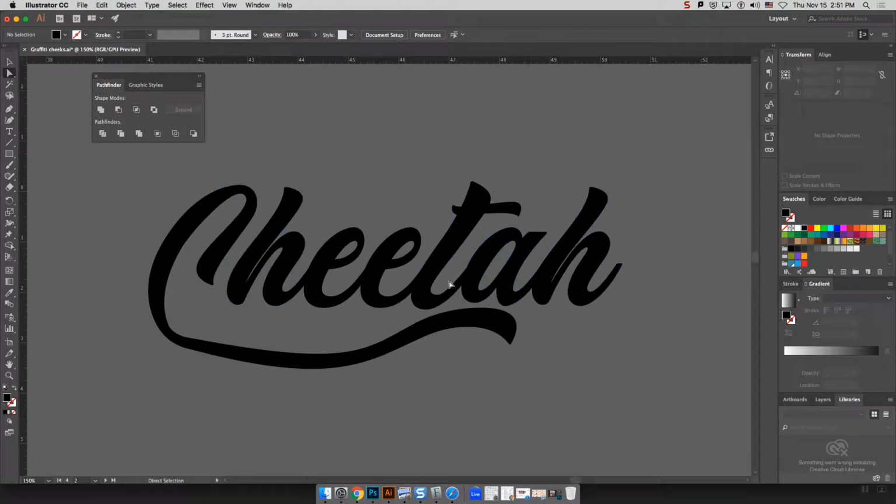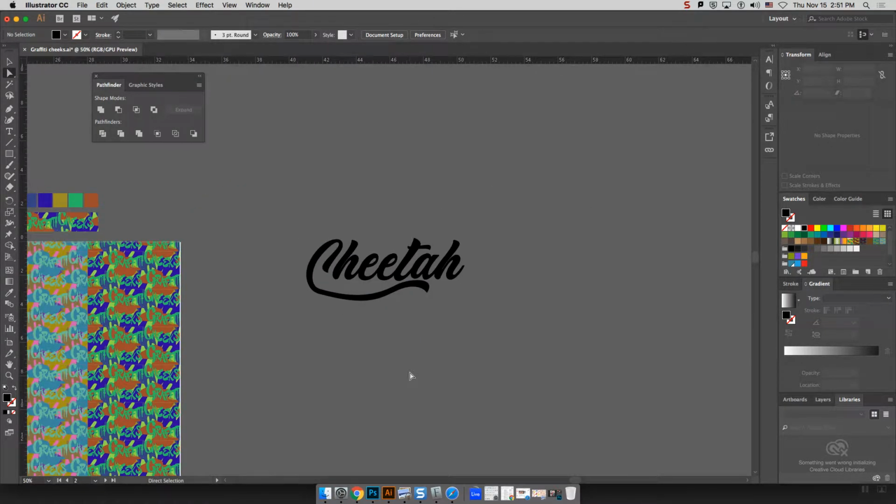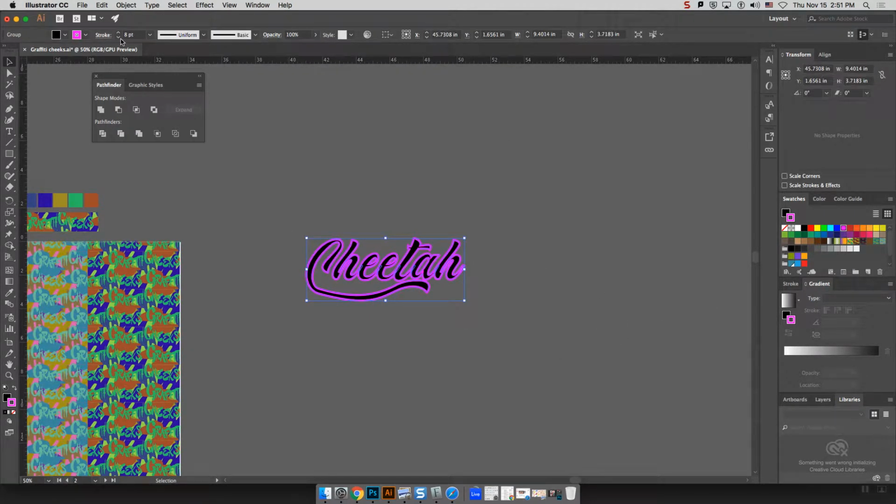Right, so once you have something that you like, you can... I feel like all of these were corners for some reason. That looks okay. Maybe though, maybe you've fallen in love with it with a stroke on it, right? Maybe you really like it with this hot pink stroke on the outside. Maybe you like it with a little bit less. And maybe the fill is a more interesting color. But